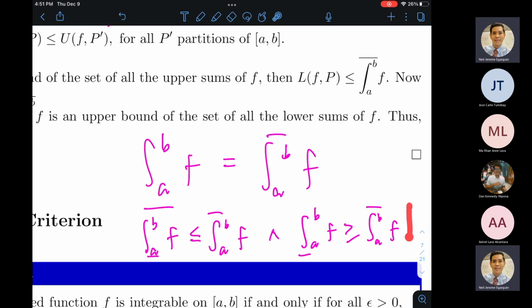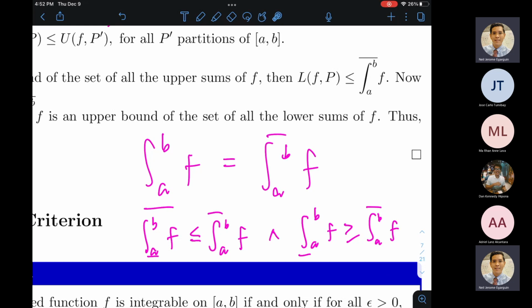All right? So ito na lang yung kailangan nating i-prove kung gusto nating ipakita na Riemann integrable ang isang function via definition. We want to show that the lower Riemann integral is always greater than or equal to the upper Riemann integral for the function f. Okay? But I'm not saying that that is easy, because again, you still need to look at the supremum of all lower Riemann sums and compare it with the infimum of all upper Riemann sums, which is not a nice thing to do kasi medyo komplikado siya at marami kang kailangang i-compute.